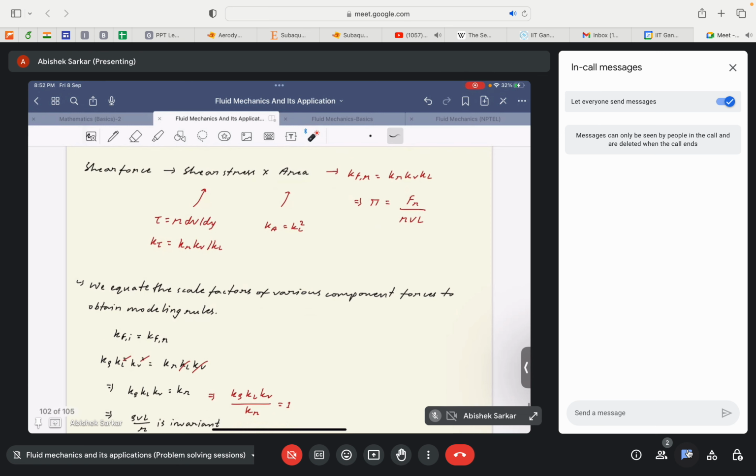Like in the case of the shear force, by implementing particular scales to the flow variables, we get a non-dimensional pi number. Similar to that, if we are dealing with inertia force, by applying particular scaling factors, we will be able to achieve a non-dimensional pi number. Then if we know that the inertia force and the viscous force balance each other, right, then we can say